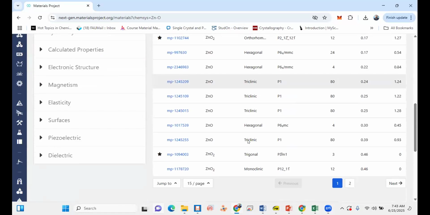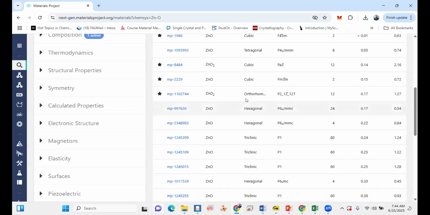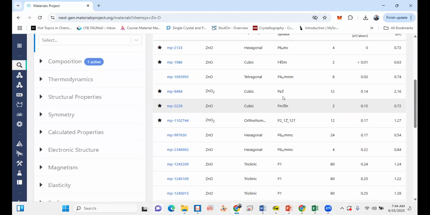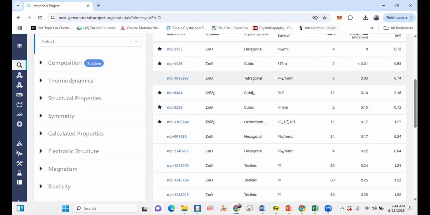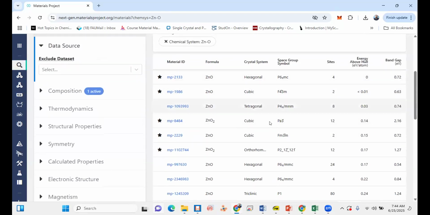You see the triclinic, then hexagonal, trigonal, monoclinic, orthorhombic, and even cubic we see. So now the question is, which one should I select? Usually Professor Mohan also says, okay, look at the energy above hull. If it is near to zero, it means your structure is stable. Yes, I agree with him totally.